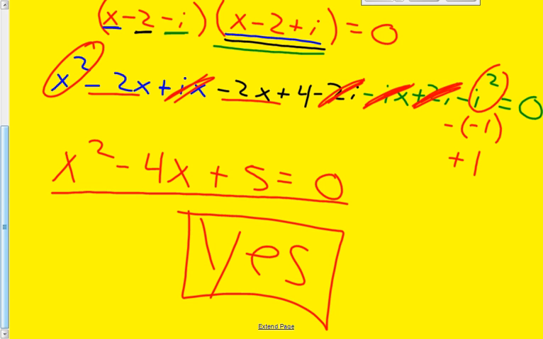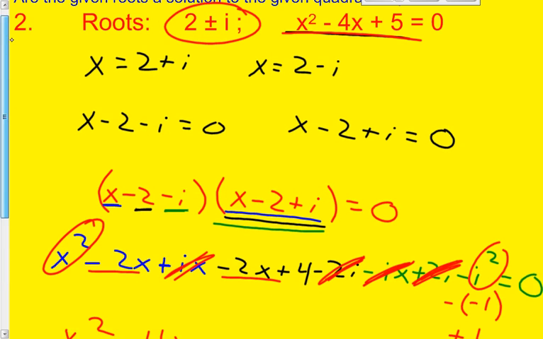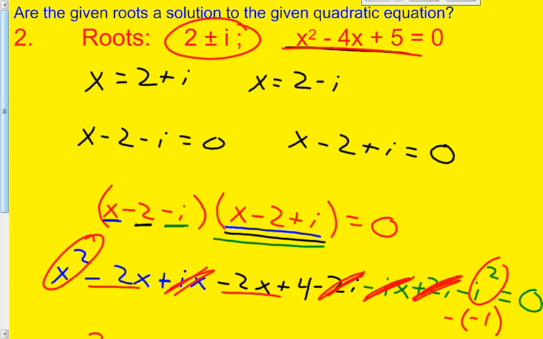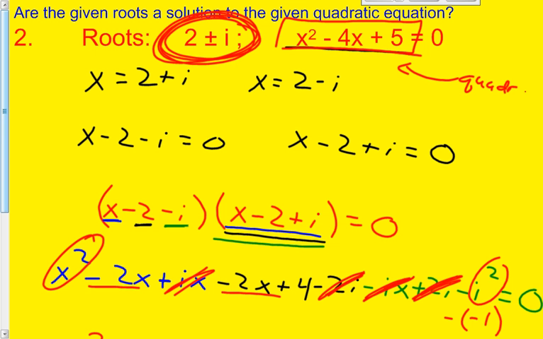Those are the roots. Now, class, if you're critically thinking right now, maybe you thought of this, maybe you haven't, you could just say, well, wouldn't it be much easier to just do the quadratic formula on this and see what the roots are? The answer to your question is yes. You could find if these are the roots just by doing the quadratic formula with this one. However, if you do that on a test, I will not give you credit because I want you to go